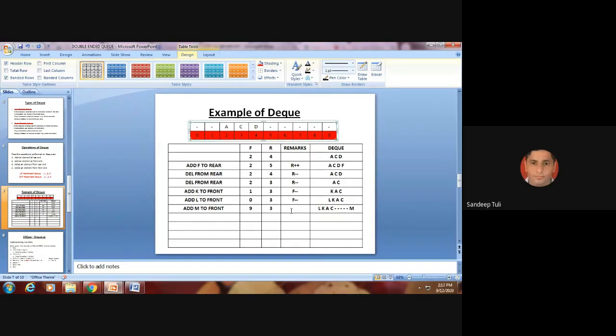Sir, if the whole queue is empty and then we start to add elements from the front end, then the element will be added at 0. Yes, definitely the first element is always inserted at index 0. And sir, similarly, if we add all the elements from the front end, then the front will be incremented. We are not using the rear end for adding the elements.